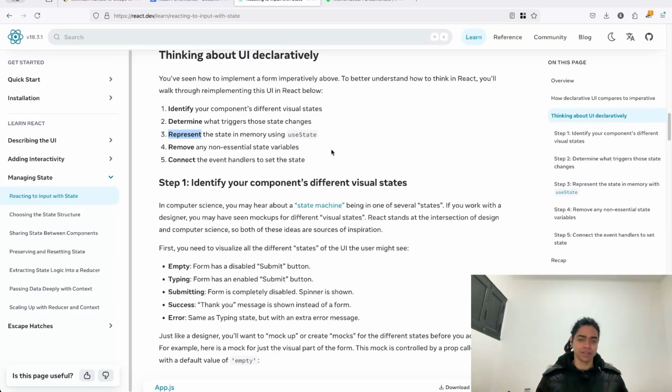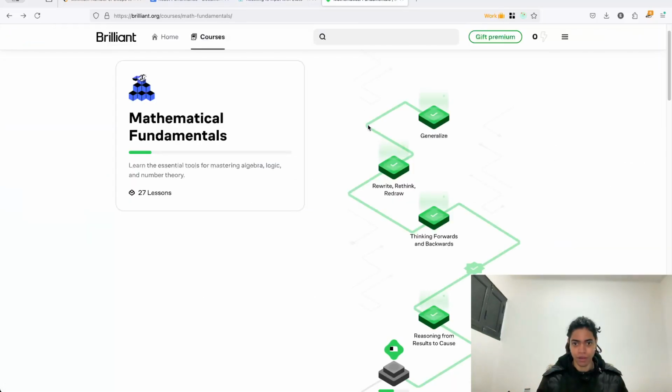The TLDR is that anytime you're trying to solve a problem, first focus your attention on it. See how you can solve that. Determine what are the things that you can solve straightforwardly, and then the things that you can solve by going backwards. So thinking forward is a thing that you can specify quickly, and thinking backward is looking at things